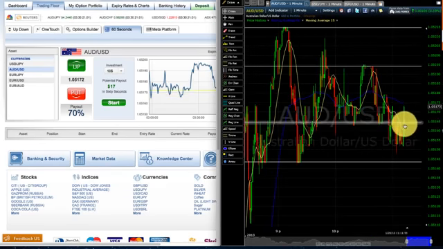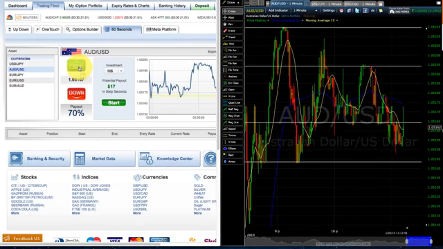I see here it's broken through. Right, we're actually going to trade this now. This is the AUD USD. We're going to hit up, and we're just going to start